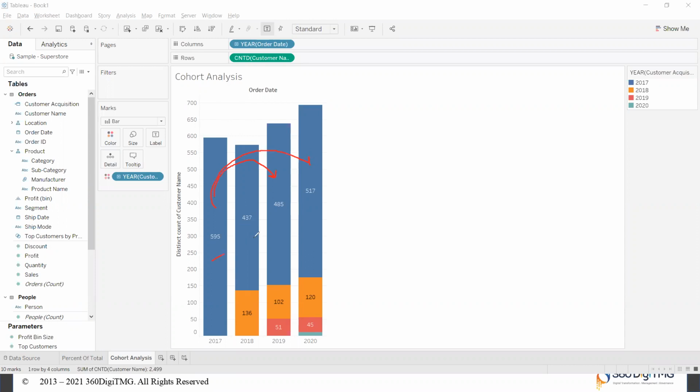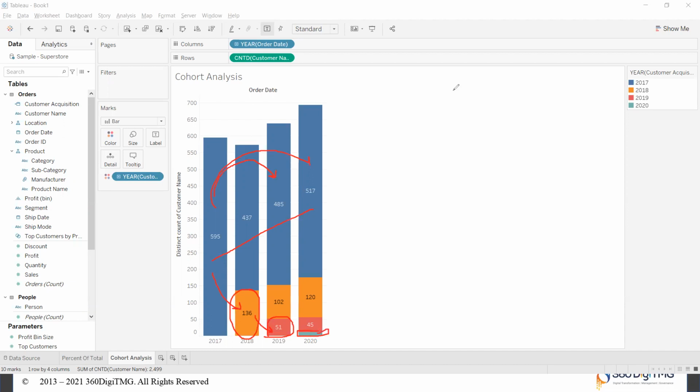So we are able to retain our customers. But look at the new customers acquired year over year. Just 136 new customers were acquired in 2018, down from 595 in 2017. It further went down to just 51 new customers acquired in 2019, and a very small value in 2020.